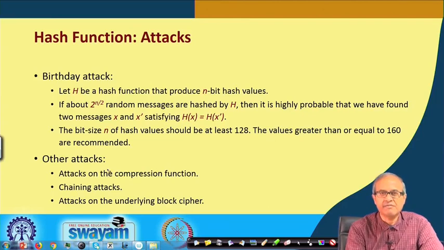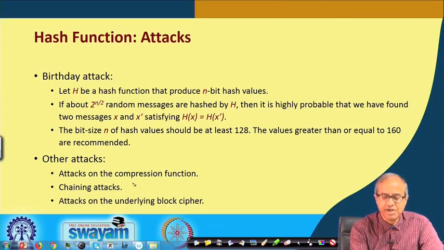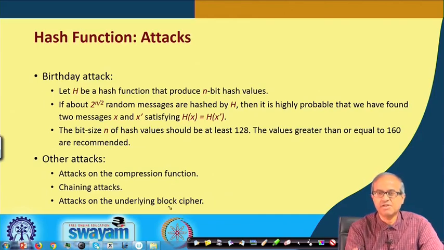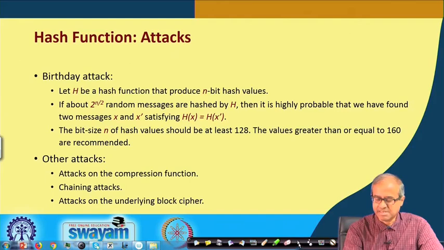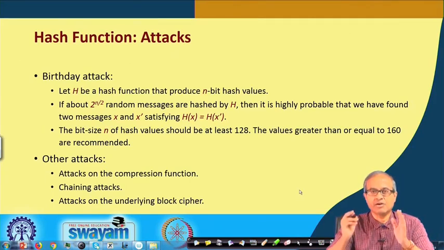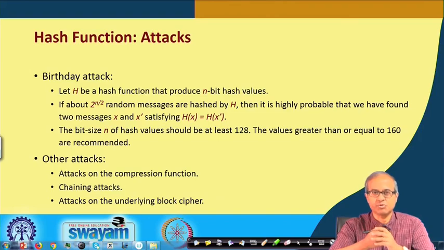There can be other kinds of attacks also. Here again I am not going into detail. You can try to attack that function f, the compression function. There is something called a chaining attack, and whatever block cipher you are using, if you are using an encryption method in between, you can try to attack that. There are many kinds of attack which have been reported, but with limited success. If your underlying algorithm is good, and if you are using a large enough secret value, then you can expect that it will not be easy for anyone to break your code. Okay.